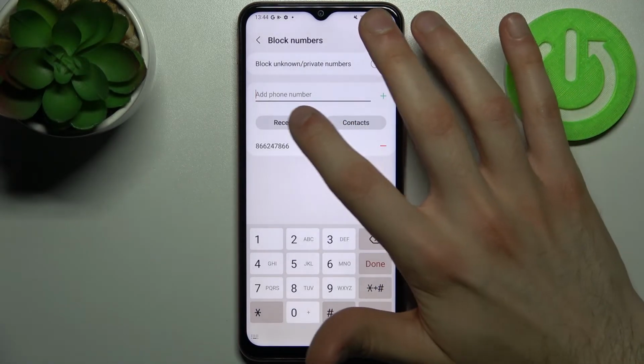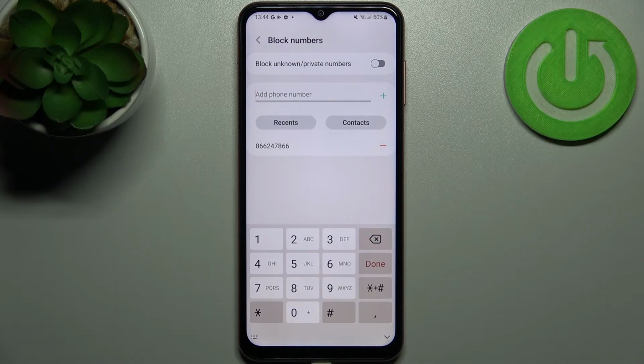Or you can just go to recent or contacts and select this number there and block it like this. So yeah,